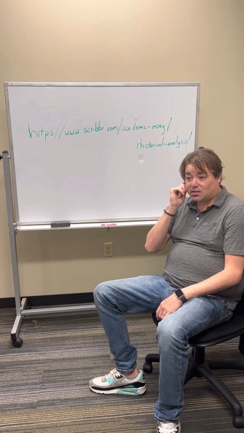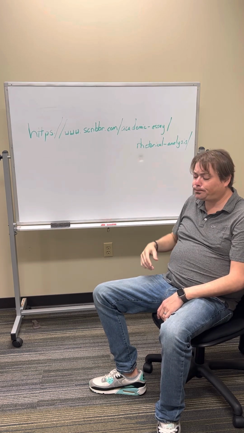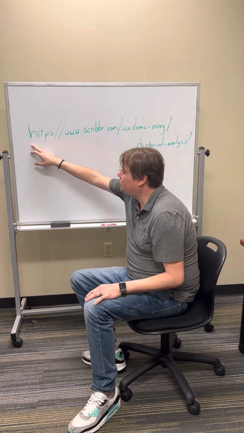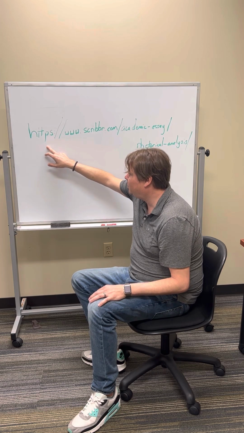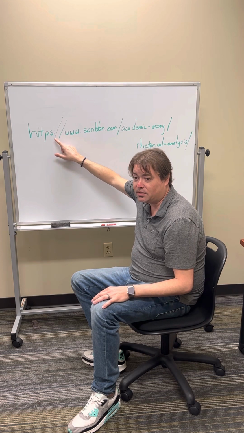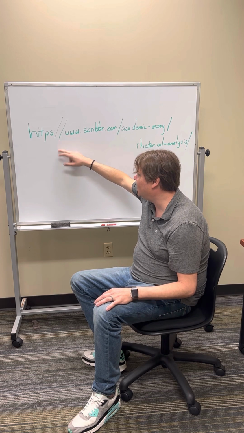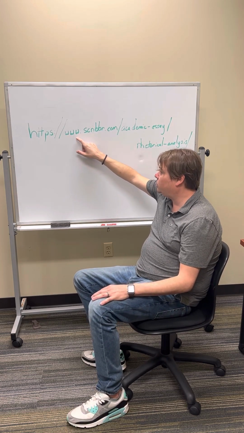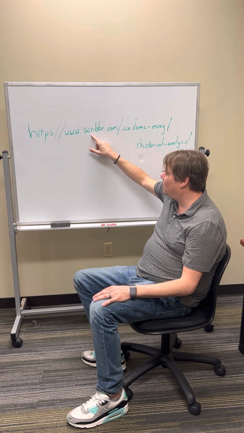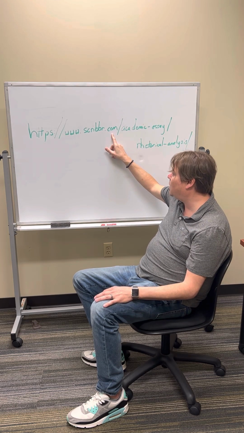And at the address bar, and I'll leave this up for a little while until I need the whiteboard, I want you to enter HTTPS, the colon, or the two period symbols vertically, backslash, www dot scribbr.com